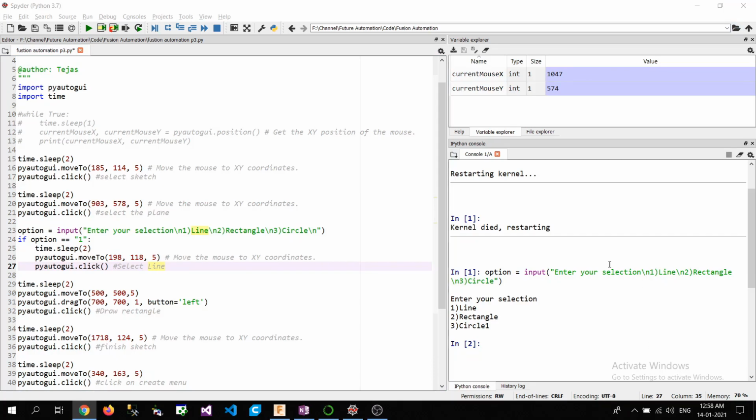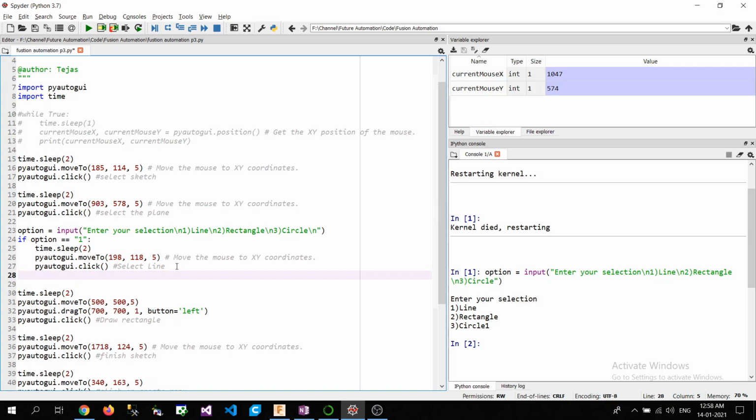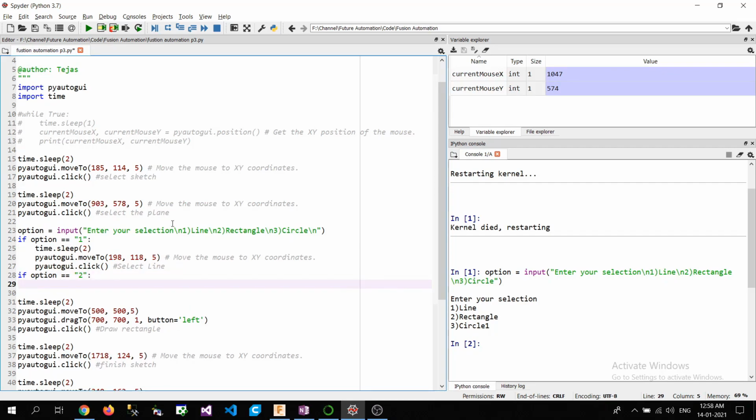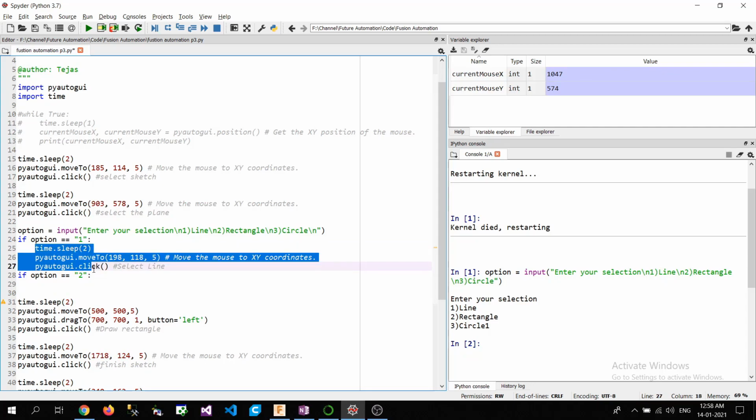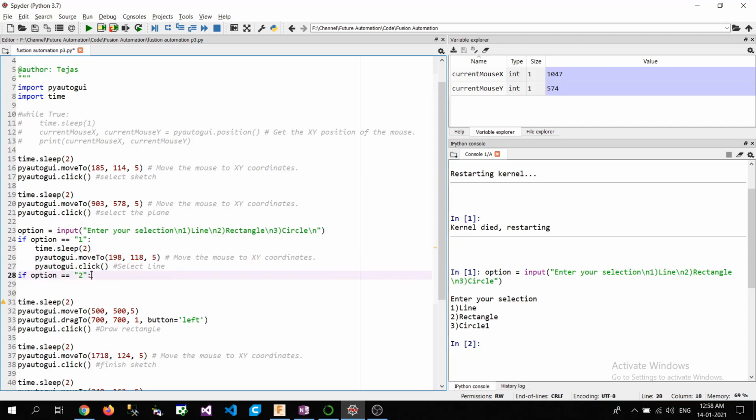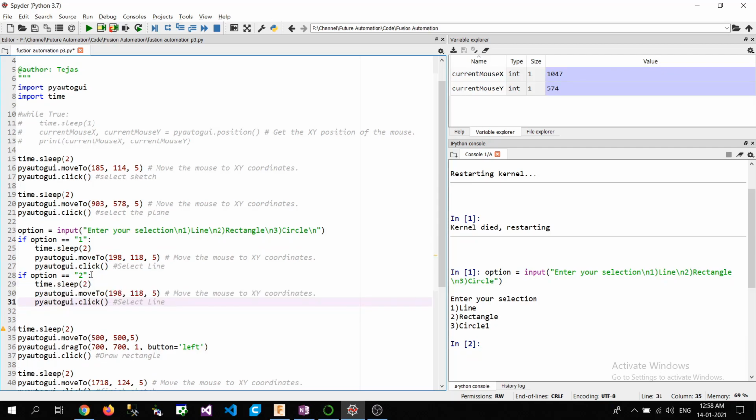Now then we are going towards the next, that is rectangle. So next will be, if option is equal to 2, then we'll directly copy this part from here to here, then paste it. Okay, so the rectangle was,